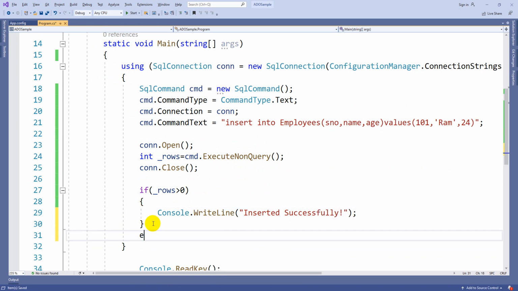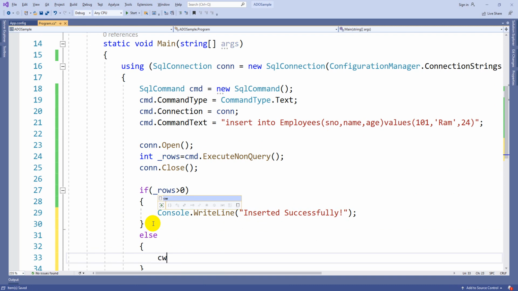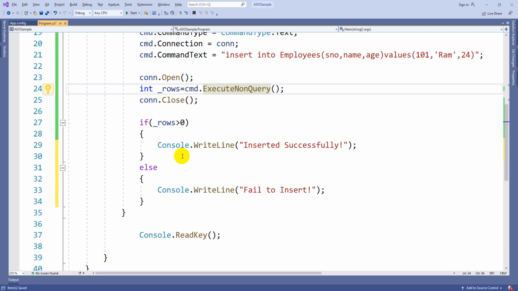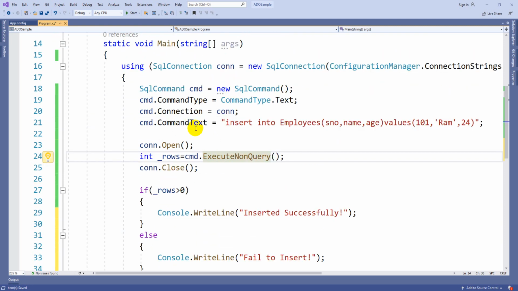If not, fail to insert, some error message I mean to say. That's it, now we are done. This is the syntax you need to write to insert a record into an SQL table.